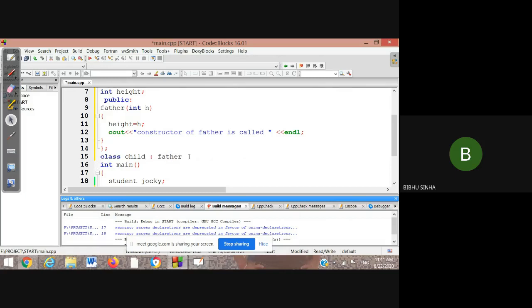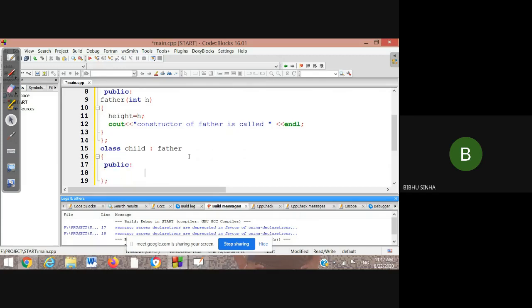This is the father, and now here we are going to inherit the features into this child class. We open and close the braces, and we create one more constructor for this. This is in public mode, because I know that whenever I create a constructor, we always put it in public mode. And we take this constructor. This is Child, right?